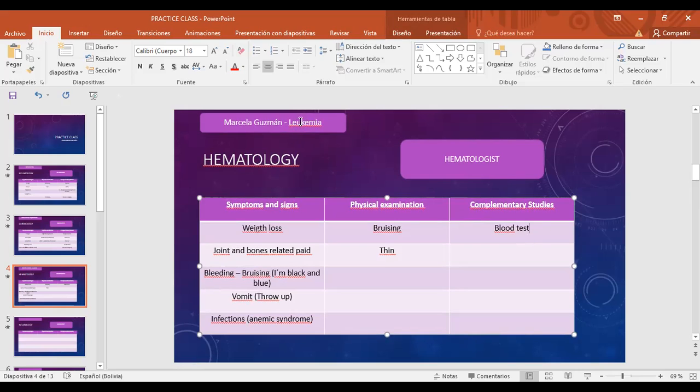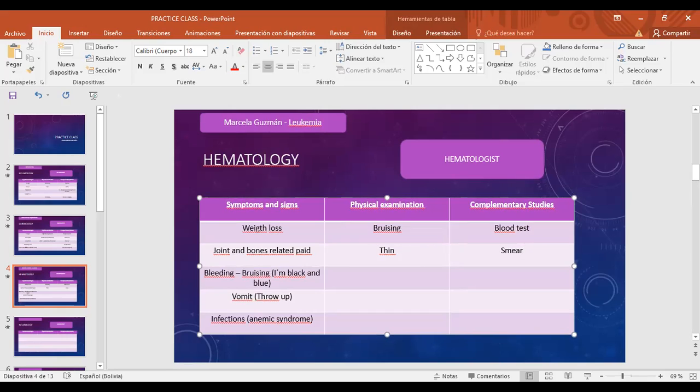Leuka means white, and emia means blood, right? So in a peripheral blood sample, we would find a higher number of white blood cells and a lower count of platelets and red blood cells. Do you know this term,